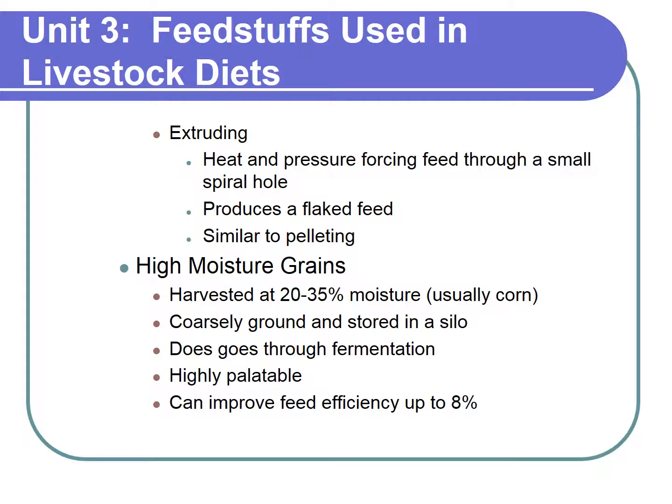High moisture grains, and I'm probably primarily talking about corn here. Basically, shelling corn at 20 to 35% moisture, running it through a grinder, and then storing it in some kind of silo, letting it ferment. It is very, very palatable, so you see feed efficiencies go up to about 8%. Now, why do you not see maybe everybody use this? It's because you've got to have a place to store it on the farm, and if you don't store it well, it does go out of condition. That's why you find a lot of producers say, I'm not going to mess with that. I'll have dry corn in the bin and use that for grinding, or buy corn at the